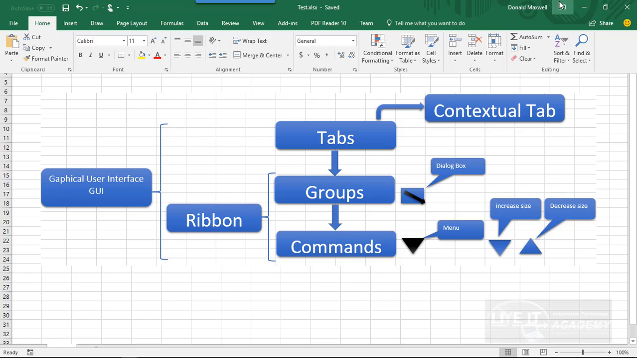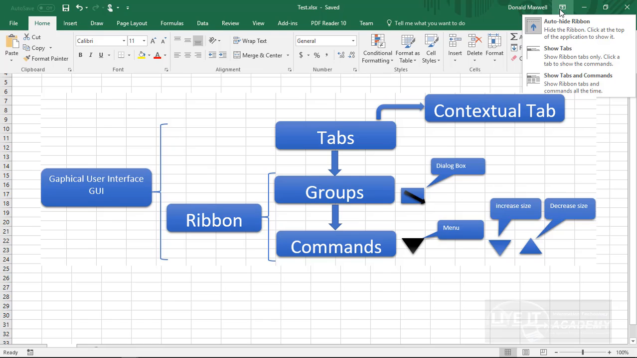So what did I just do? I just hid the ribbon, right? So ribbon display option is what it's called. And I can hide the ribbon, I can show the tabs, just the tab of the ribbon, or I can show the tabs and the command structure. All right, so what am I talking about? At the very top,